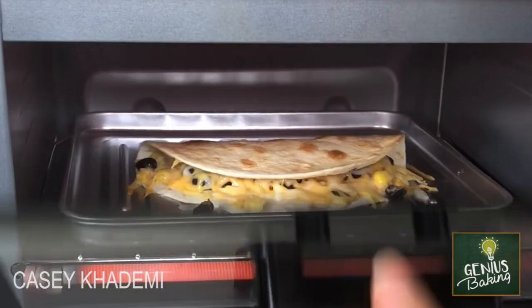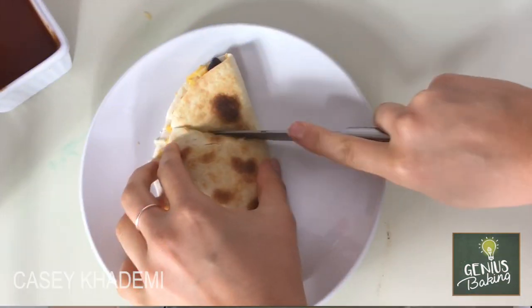the quesadilla is golden brown. And then you can just go ahead and